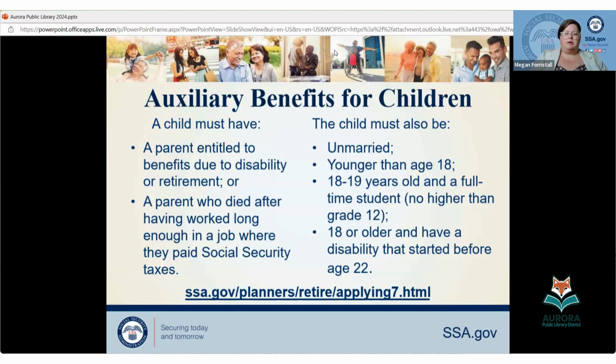And let's say your adult child is 35, 40 years old by the time you go to file, but they have had that disabling condition, maybe even since birth, but at least since before age 22. And they're not married and they have not worked substantially on their own record, they can potentially get a benefit as a disabled adult child. So make sure you list them down, and whoever gets assigned the claim will be recontacting to go through more information and see if we have to get a medical decision to show that disability beginning before age 22 for those benefits.